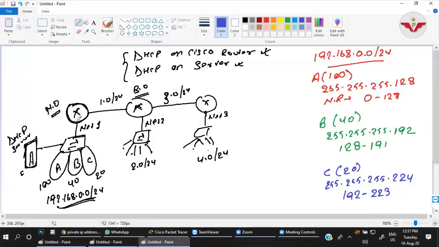And on the main interface, because this server will be independent and not on any of these VLANs, I need two IPs, one for the interface and one for the server, right? So for the server, I will use subnet mask 255.255.255.252, and the network range will be from 224 to 227, because I will get the jump of 4. Clear? Fine.